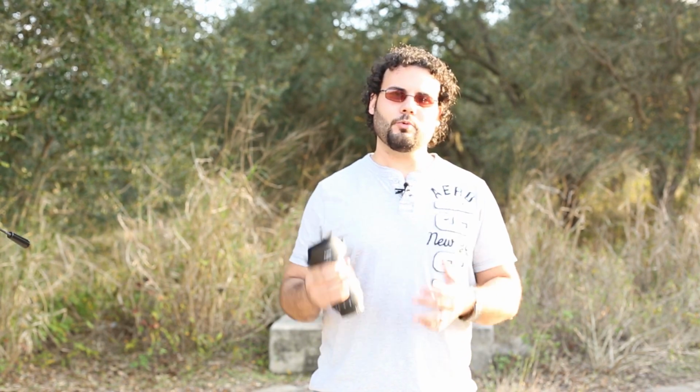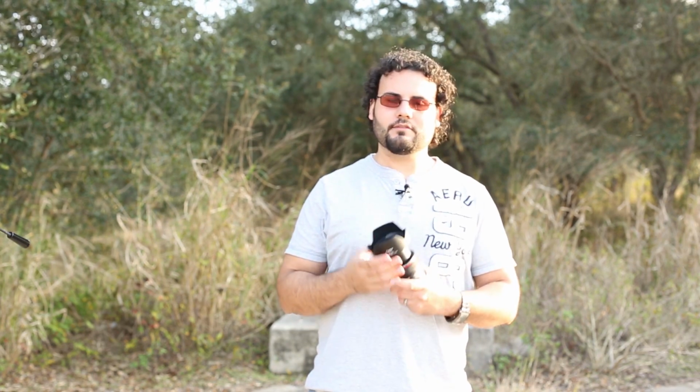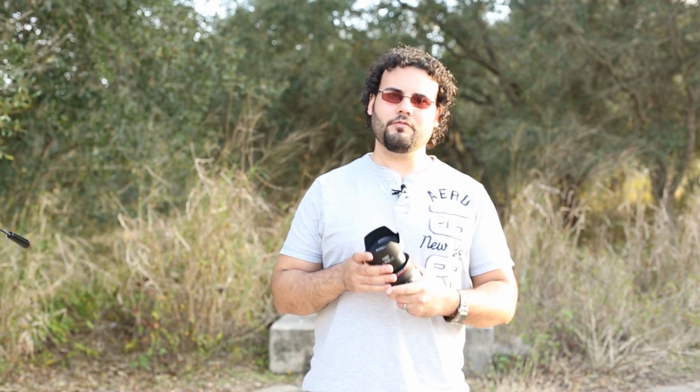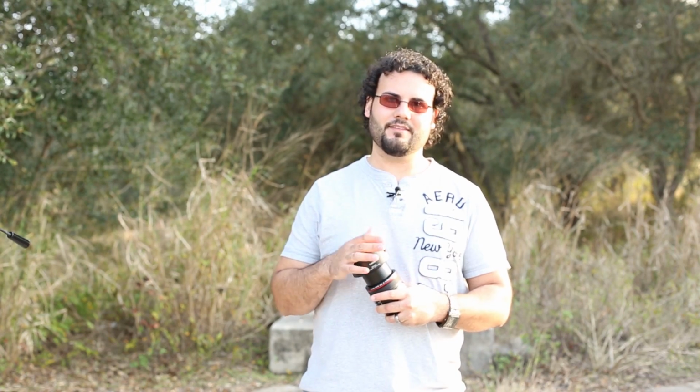Now, another big difference is going to be the corners. The corners in the 24-105 looked horrible. In the 24-70 now, this f4 IS, things look pretty good. It's not as good as the center, but it goes down a little bit. But things look very usable and very good, so I feel a lot more confident about using some of the wide ends on this. Now, when we take a look at the vignetting test that we did on this lens,